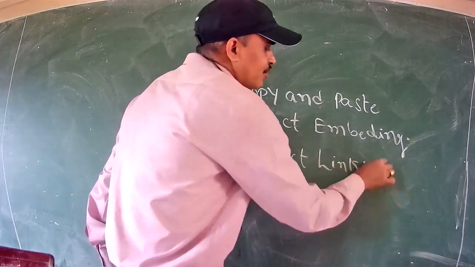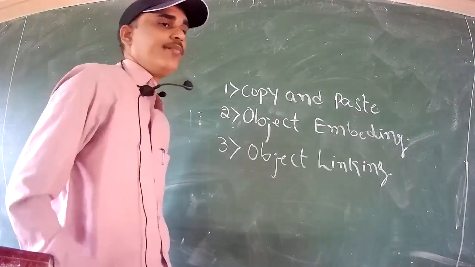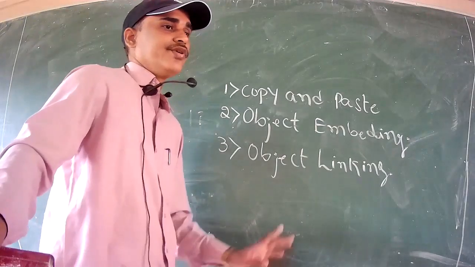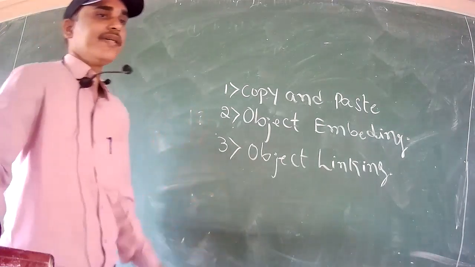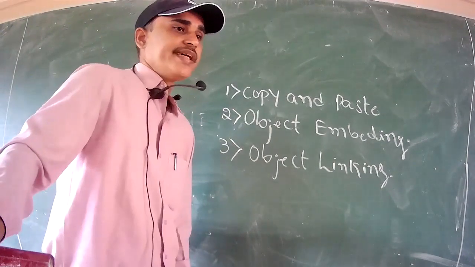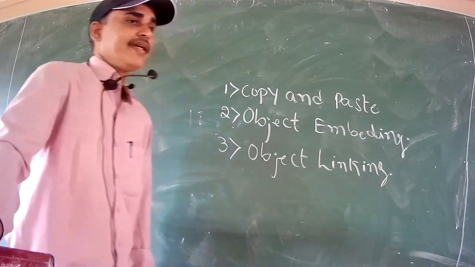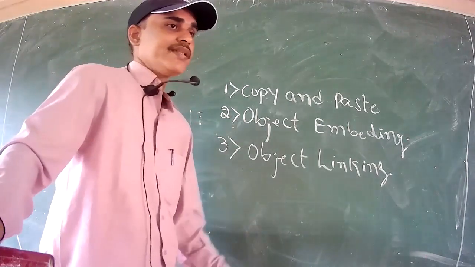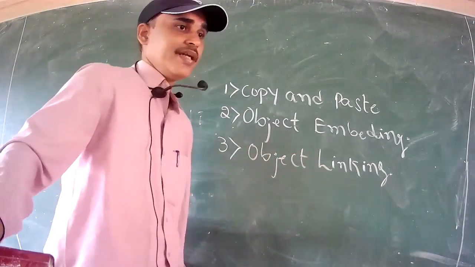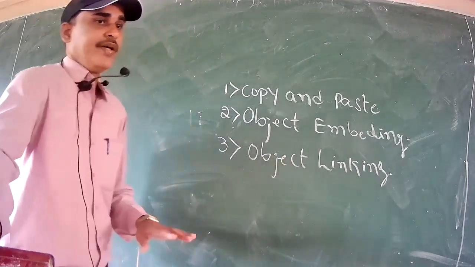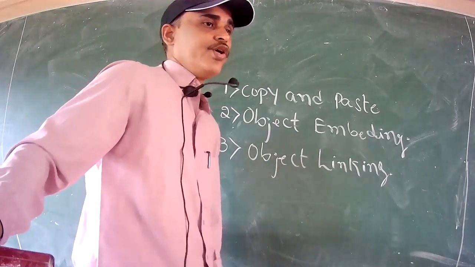Okay, this is also possible by using OLE, object linking and embedding. Here also, if you want to transfer the information, the first part is exactly the same as object embedding. Means what you have to do is you need the Excel chart in Word, go to the Word, place the cursor where the information is needed, minimize Word, go to the Excel and select and copy. Up to that particular step, the same procedure we are going to follow.